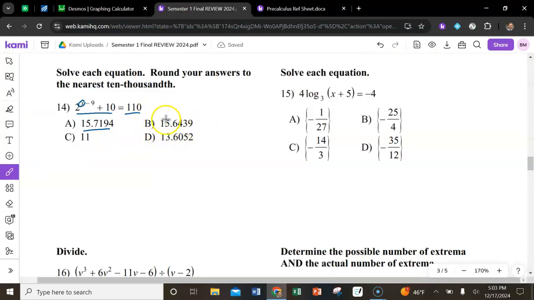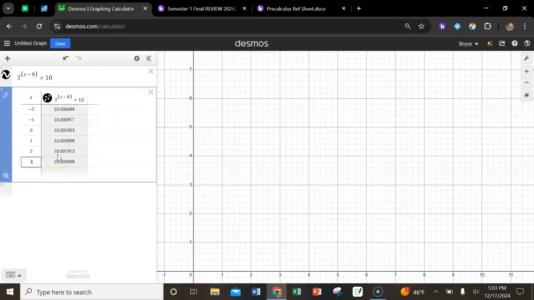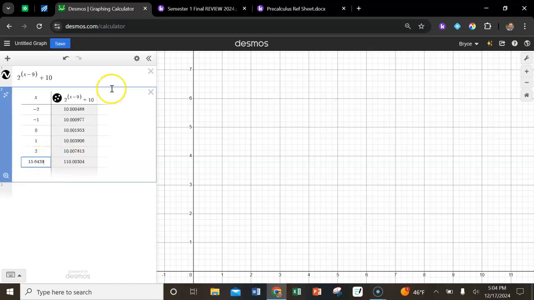So I believe the answer is this one, 15.6439. So if I just type that in, 15.6439, notice how that gave me something very, very close to 110. I would want to make sure that the other ones didn't give me something closer to 110, but that is my correct answer there, 15.6439